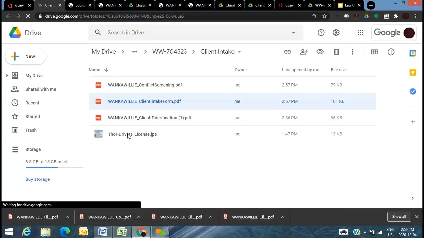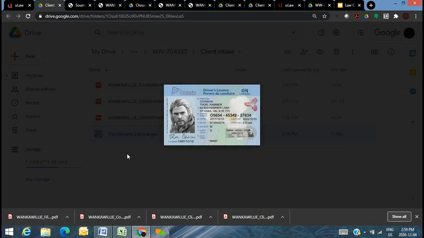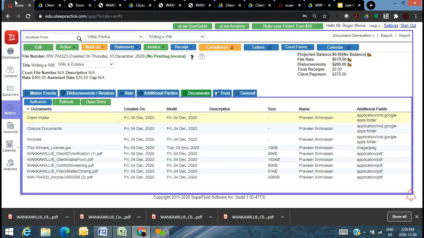The driver's license. You can say I've scanned the driver's license. So there are many different types of formats of documents that you can store in the cloud. That's definitely not Mr. Willy Wonka, nevertheless. That's the aspect of compliance. Now comes the important aspect of how I can use this data to understand this client and the type of